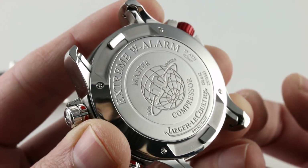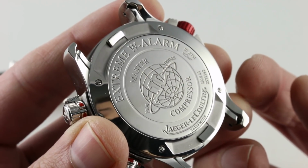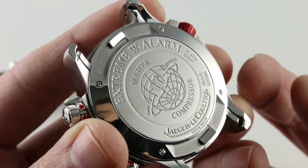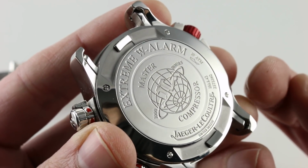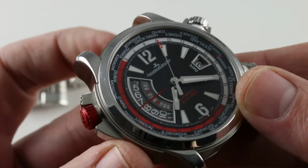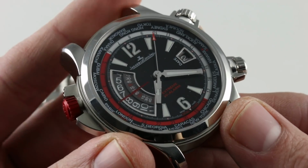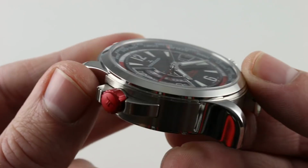The watch also features that separate hanging gong for the rich and loud alarm tone, as well as hacking seconds, the quick set date, and the world time. All told, it's an awful lot, oscillating at 28,800 vibrations per hour. Again, very closely related to the 956. If you've heard that in something like the Navy SEALs diving alarm, then you know exactly what you're in for. A rich watch,